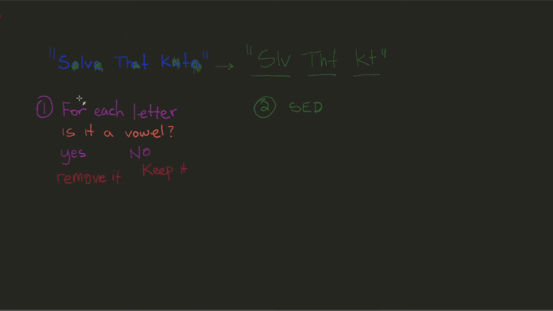Now, method one for this is going to be the longhand way. We could write a for loop. We could say that for each letter, is it a vowel? We could give it a check. Is it not? If it is, then remove it. If it's not, then we keep it. However, better way,